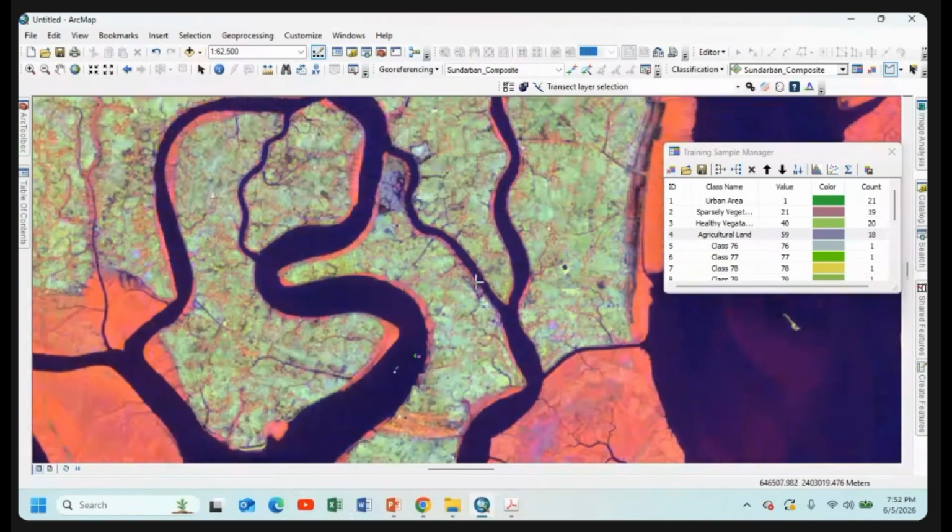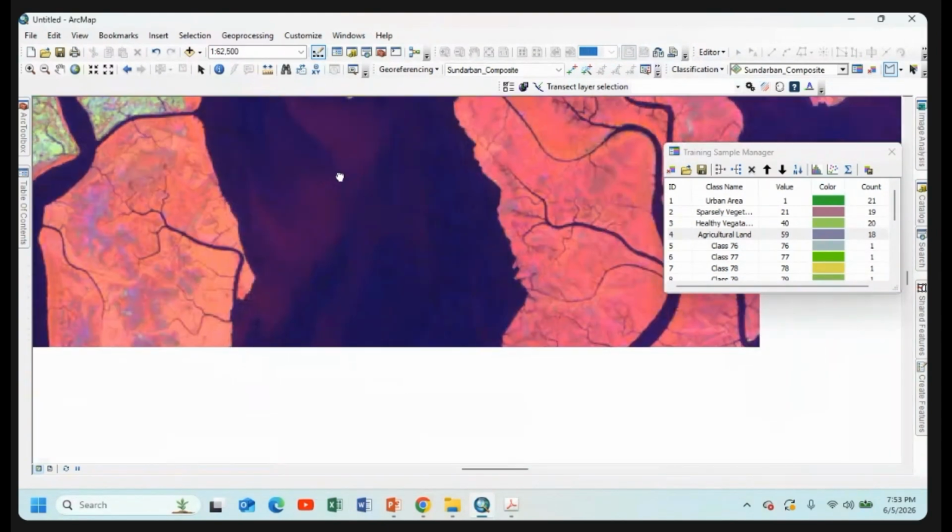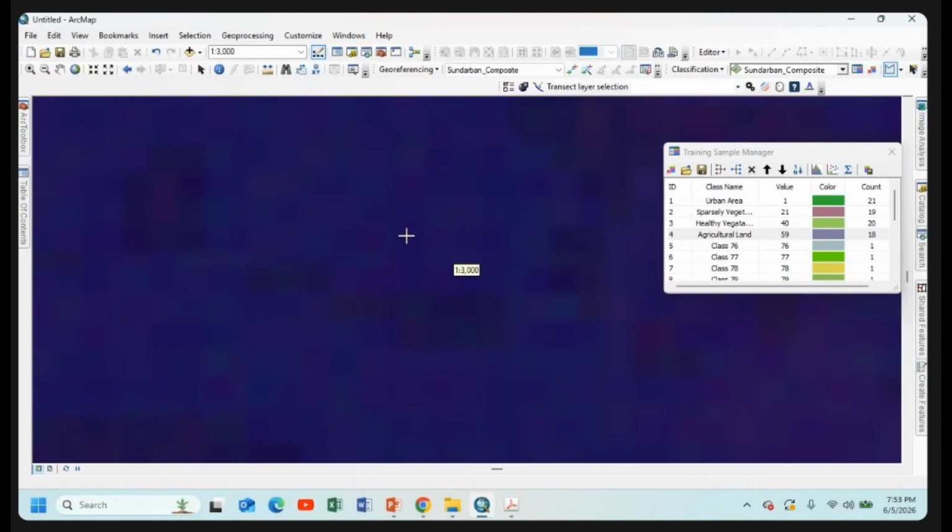That is why I also leave this particular channel because here some shallow water is also observed. So again from here I will take some pixel as water body. See after zoom in the map. Okay.